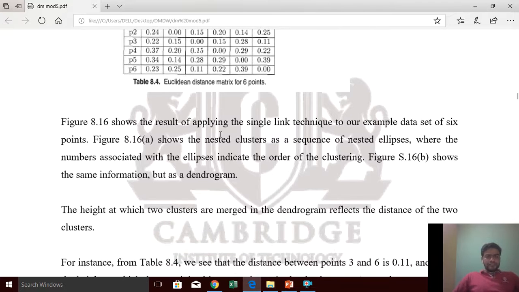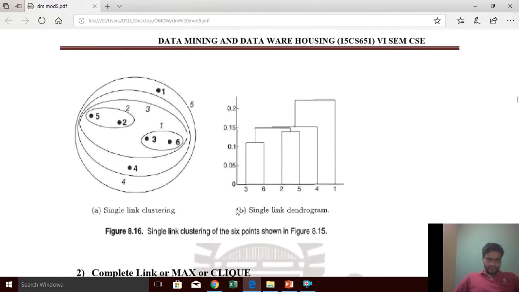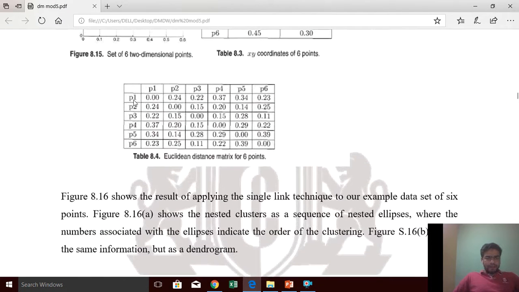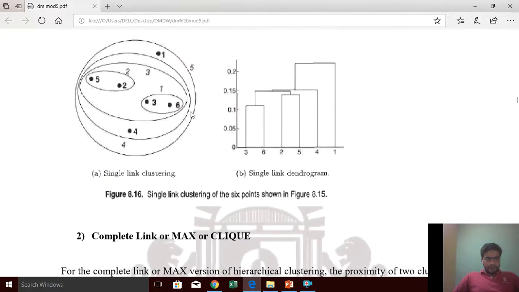Okay, so now this shows the result of applying the single link technique to our example of 6 points, figure 8.16. Now here take for example point P1. P1 to P1 belongs to P1 only. So what is the minimum over here? 0.22, and for point P1, 0.00 and 0.22. These are the minimum values in this. So P1,